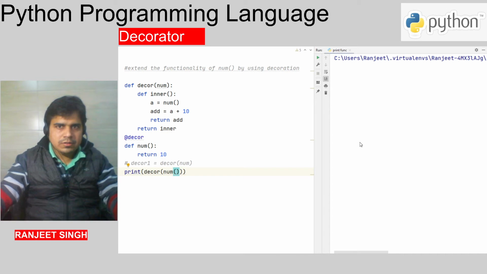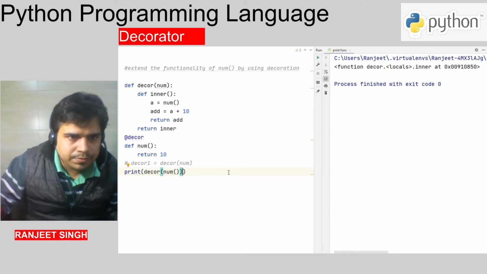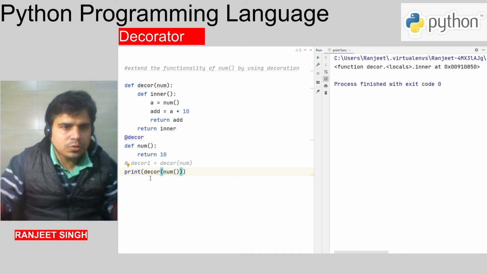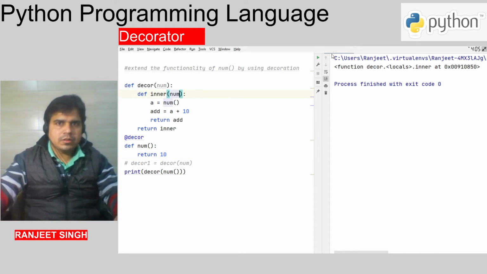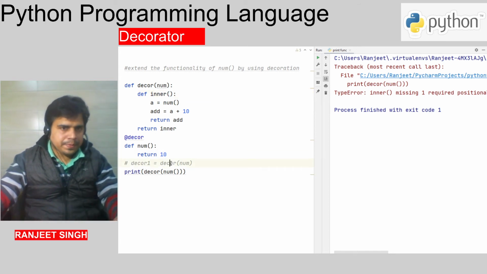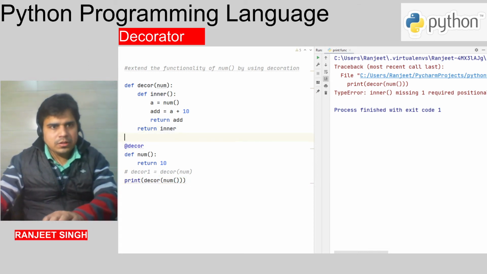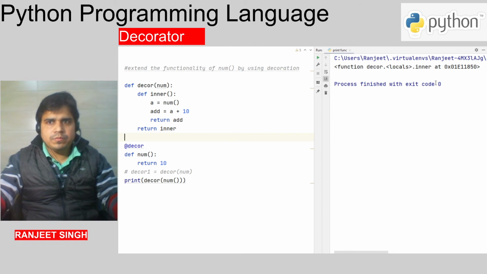Now again it is giving print decor. If we pass here num, then what will happen? And print decor, and dot inner.